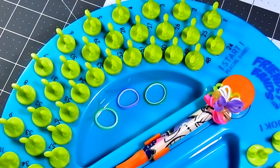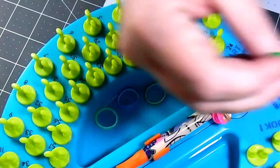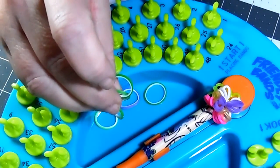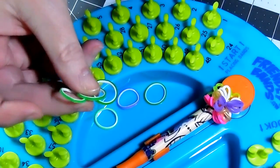Remaking a tutorial with full permission from Officially Loomed of his newest bracelet that he just posted on the Rainbow Loom, his Bextride bracelet. I'll be making this one as a full-size bracelet on this particular loom so that we won't have any extensions. I'm going to be using, for the perimeter color, these dark green pearl and white bands,